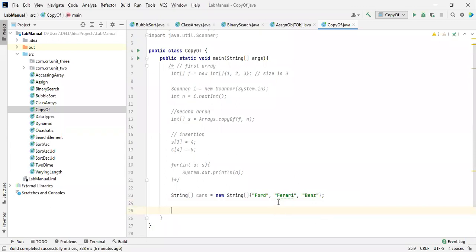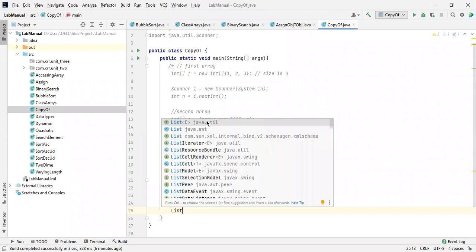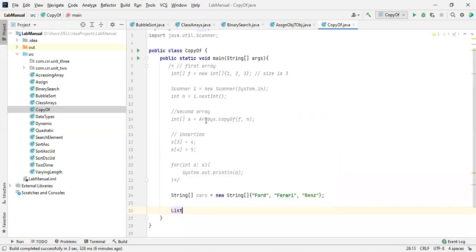convert them to a list. Let me, one second. Where is my list? Okay. How to declare that list, which is in the util package. Don't you think, sir, arrays is already inside the util package? Why are you going to take another package? Because if you are going to consider all the values of an array and convert them to a list, it is essential to mention List over here.